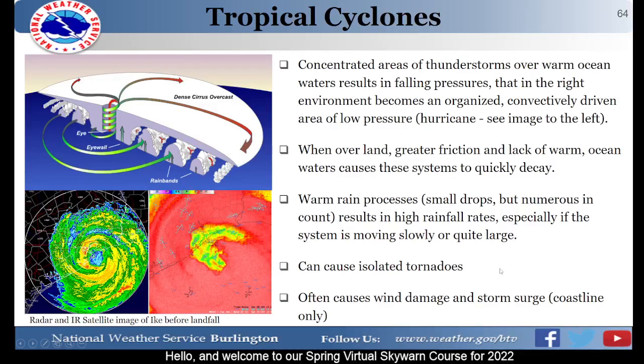And then finally, the tropical cyclone. These are concentrated areas of thunderstorms that develop over warm ocean waters. The process of convection results in a very special kind of microphysical process that helps get these going. It results in an area of falling pressures,